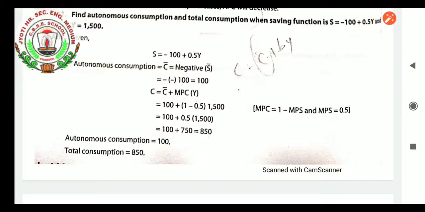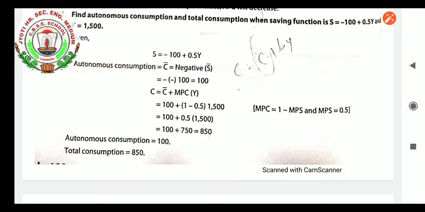So this is one of the example questions by which we can understand that definitely there is a relationship between consumption and saving, and if we know the saving function, we can easily calculate the consumption function's value. If you practice, it will be easier to find the answers to questions. Many questions are given at the back. Try to solve them, because questions related to these types of topics can be asked from this chapter.